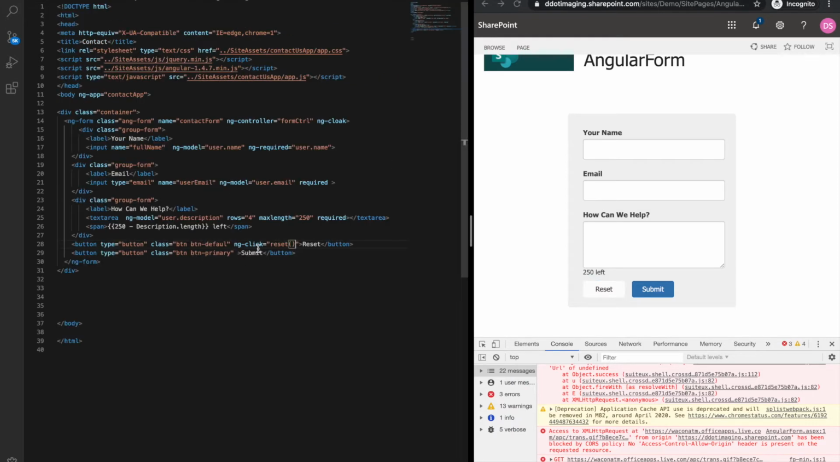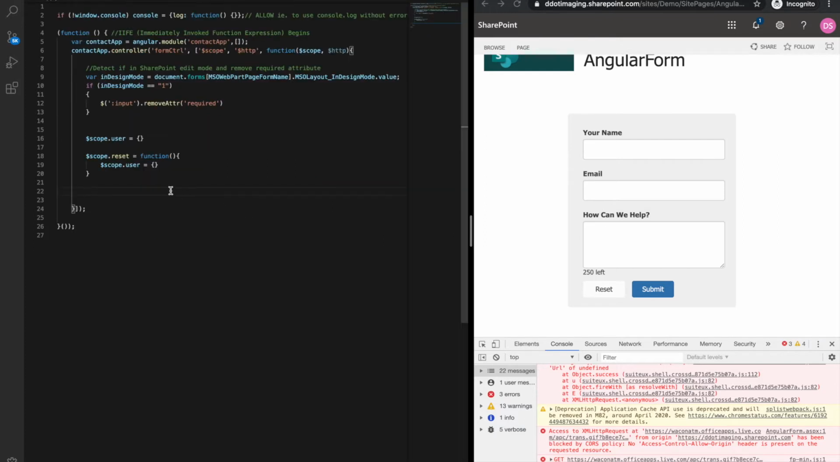So going to our submit button, let's go ahead and put an ng-click on this. And let's do submit. Let's save that. And go ahead and let's create our submit button function. So let's capture the data that we want. So the data that we want